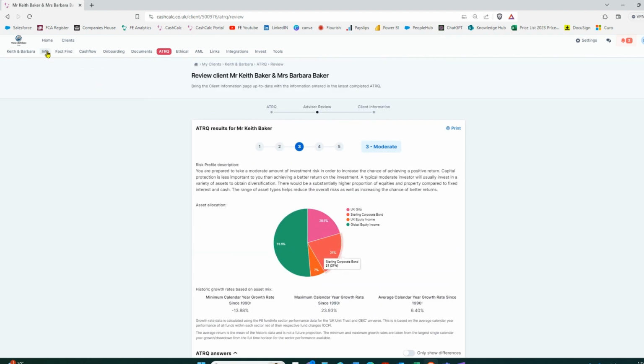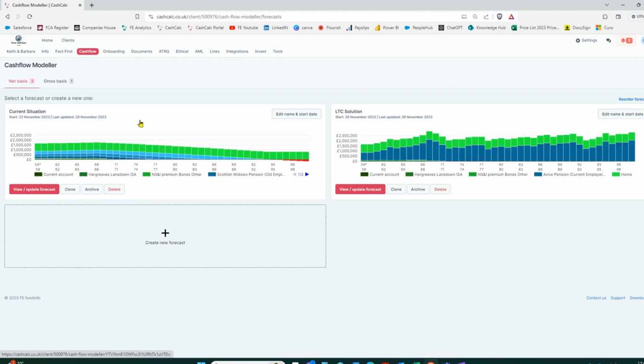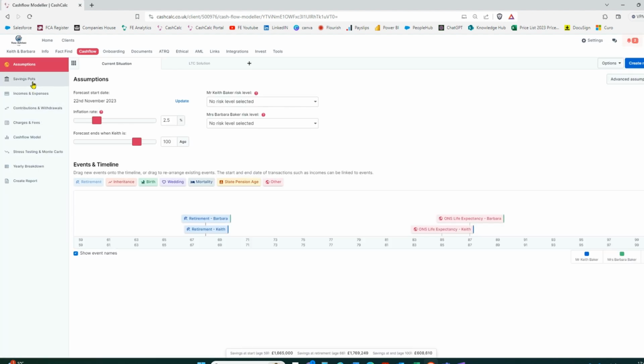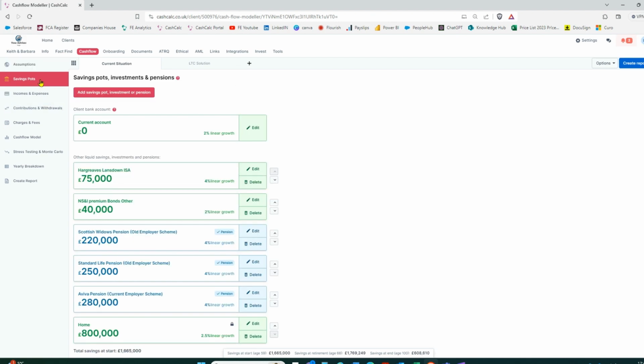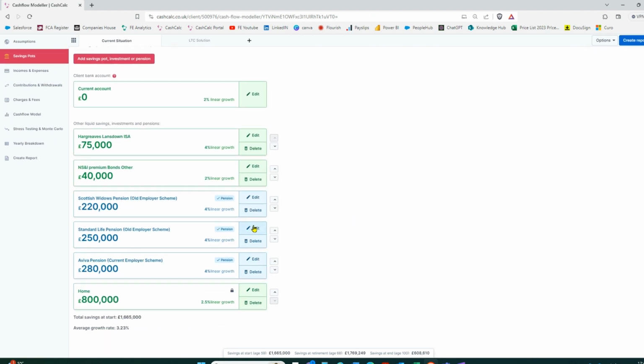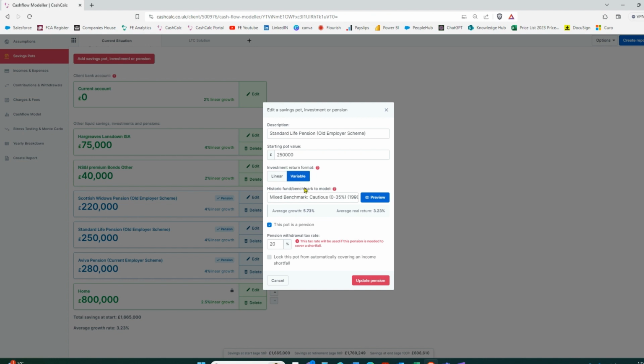Now, where that comes up, whenever you go into Cashflow, let's quickly dive into a Cashflow model. You probably remember this from my third video. If I come into this cash flow model here, if I start off with assumptions, you can see if I pull the data across from that info tab, automatically it will select risk profile 4 for me in here. And equally, when I look at my savings pots, any single one of them, if I click on variable, I can select my